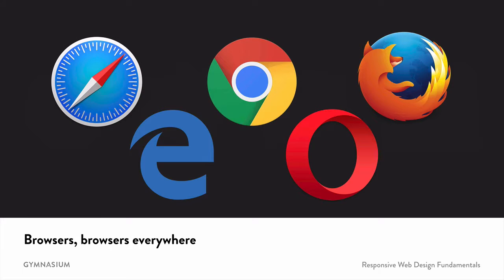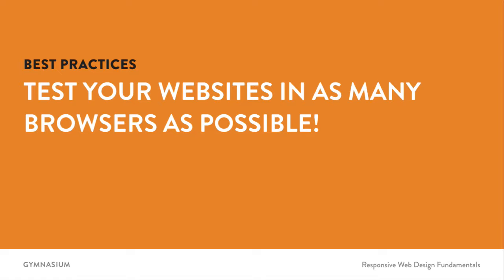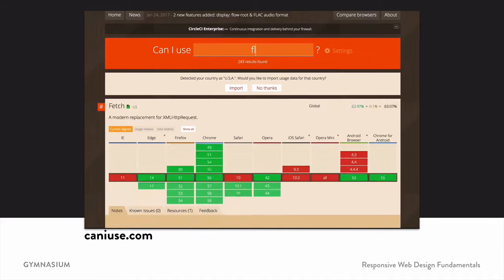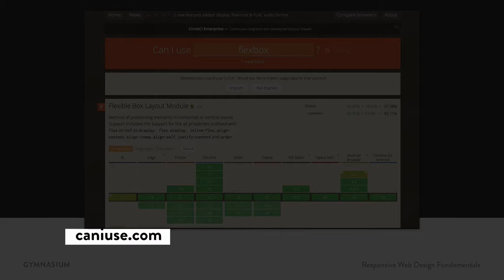The best thing to ensure that you have a website that works across all devices is to make sure that you have at least 2 or 3 different web browsers installed, and make a habit of testing your code in all of those different browsers just to make sure that you're not optimizing for something that works slightly differently from one to the next. You also want to think about going to a website like caniuse.com.